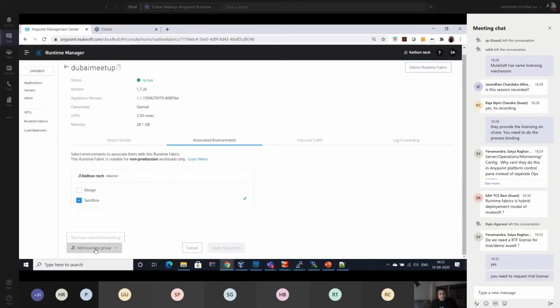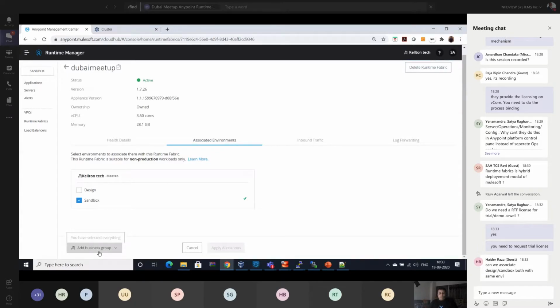The same thing applies if I associate my runtime fabric with business group A, then B will not be able to access any resource. But if I associate my runtime fabric with the master business group, then I can allocate different business groups to access an amount of the resources I am deploying and configuring in my runtime fabric.